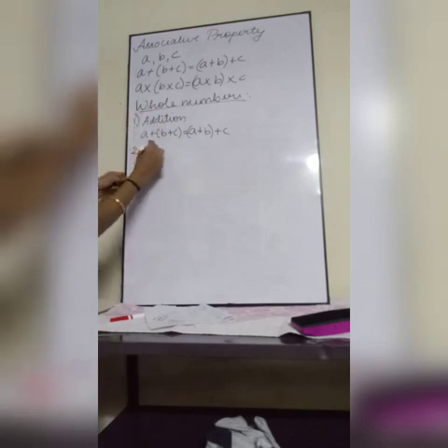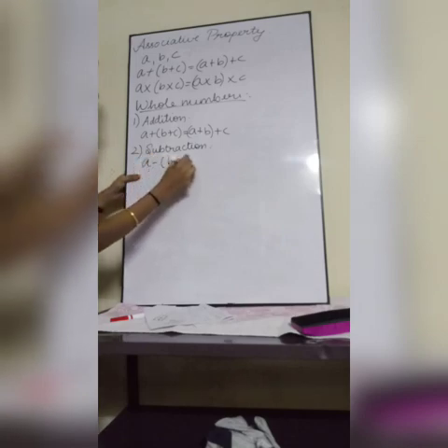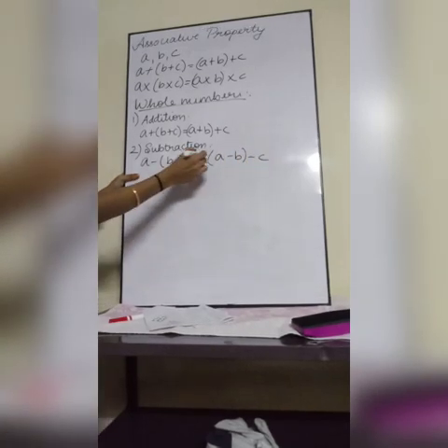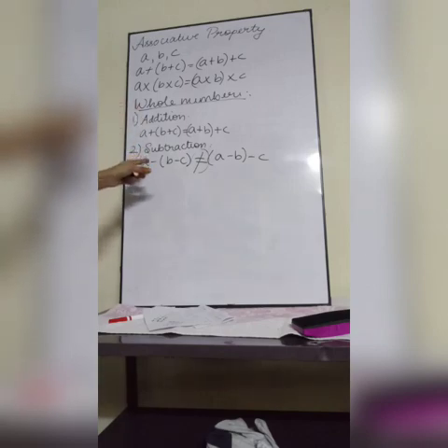Okay, next, subtraction. Whether whole number commutative property satisfies for subtraction? No. So associative is also not satisfied for subtraction. So here listen, (a minus b) minus c is not equal to a minus (b minus c). Not equal to means it's not satisfied. Which means whole numbers are not associative under subtraction. Usually subtraction and division are not at all satisfied in everything.